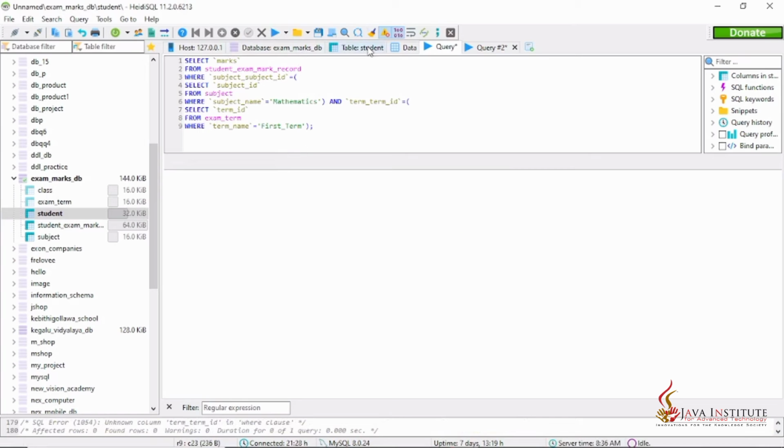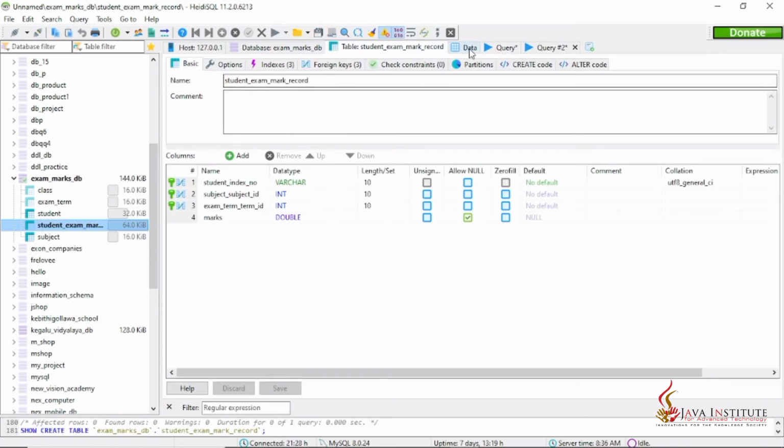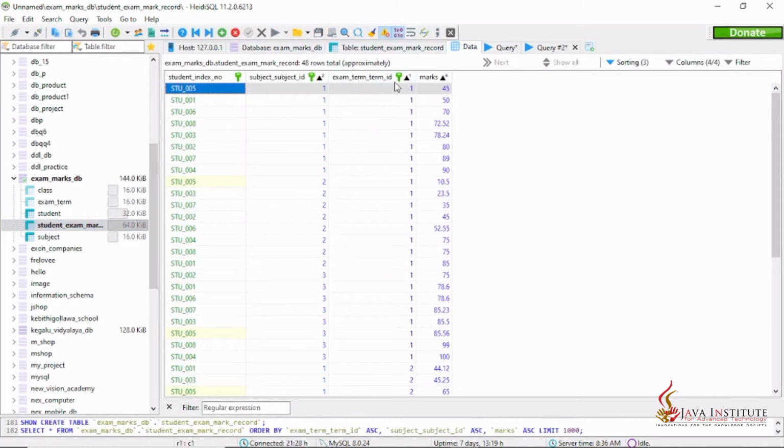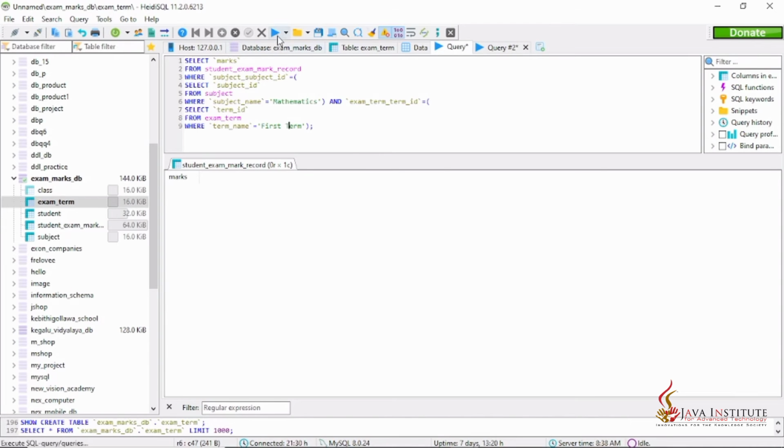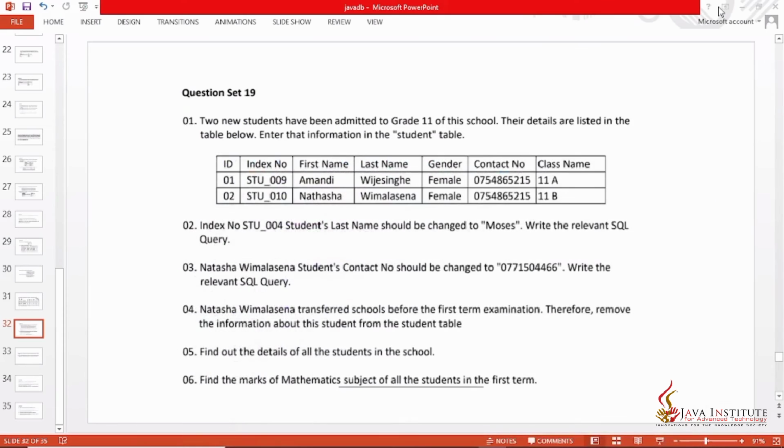It says unknown column. So let's click on this table. In this table, it is exam term ID. So we have to write this. Exam term ID. This is the term name, and you can see these are the marks of the students relevant to the first term mathematics subject. So then the next question,